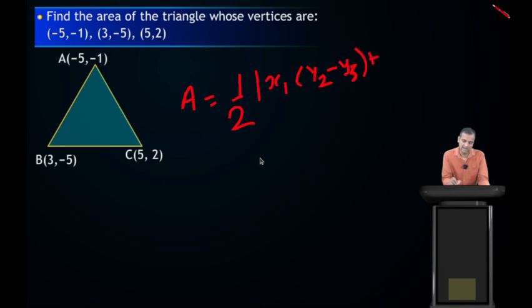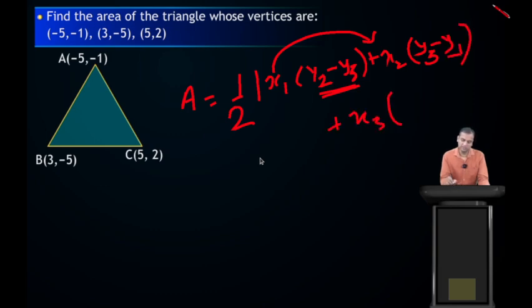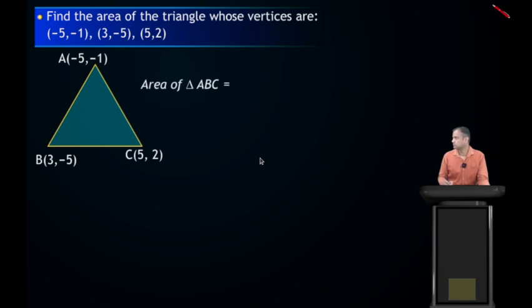Now you have to take the next of x1, it is x2, then you have to follow this. So after y3 you will get y3 minus y1, then x3, and start with y1, so it is y1 minus y2. Okay, so this is the formula. So the area of ABC is 1 by 2 minus 5 plus 3 plus 5. The values are already given,